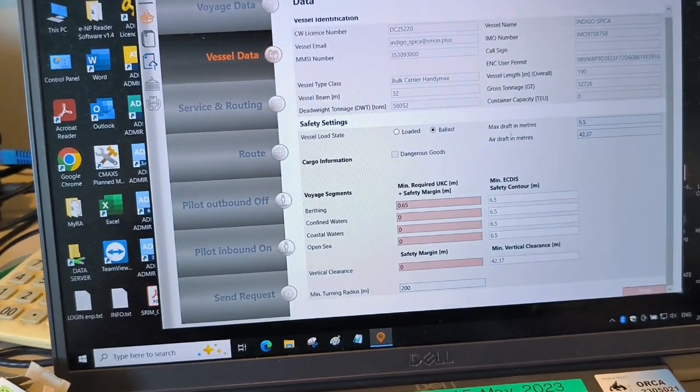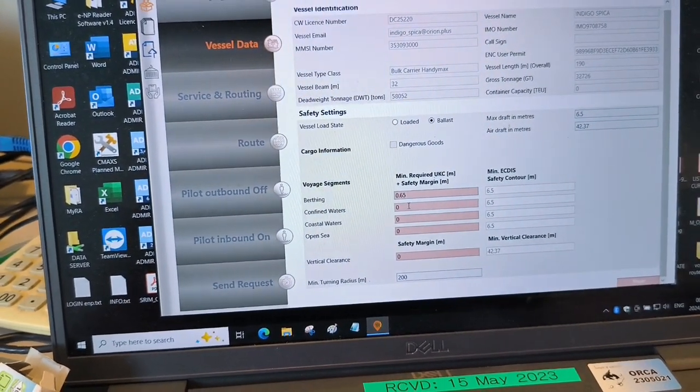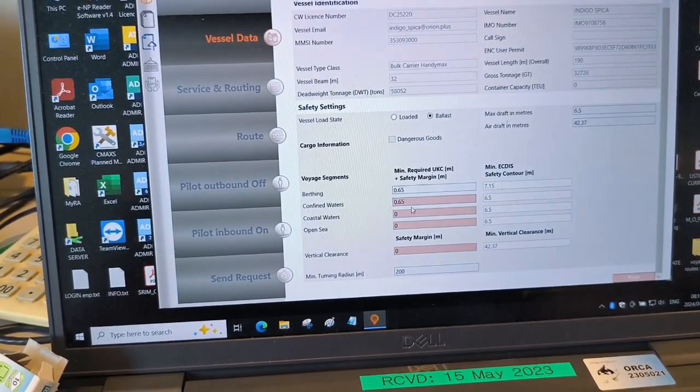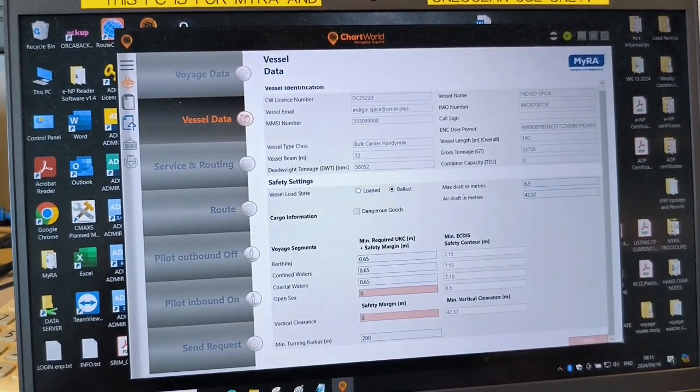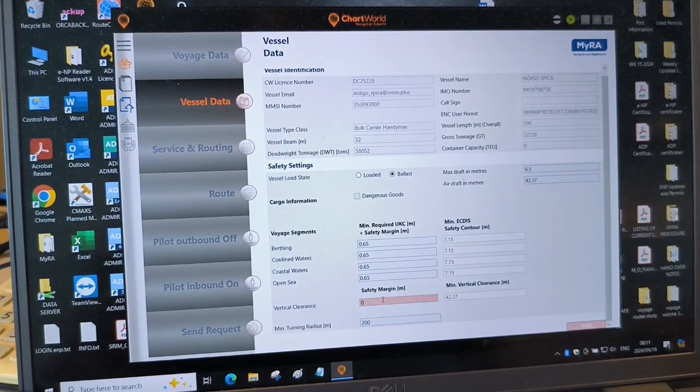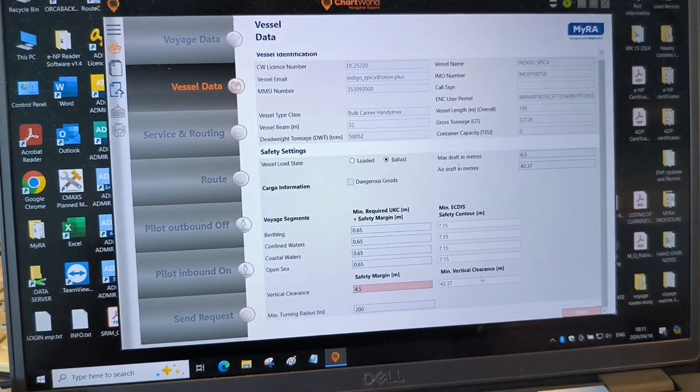I put it 0.65. Enter. 0.65. 0.65. Open sea vertical clearance 4.5 meters.